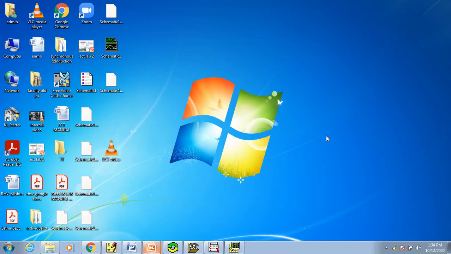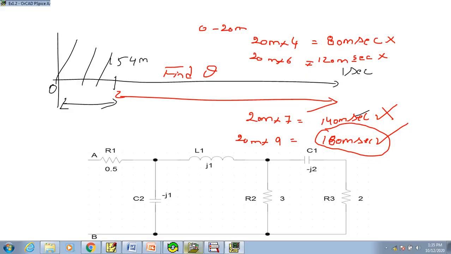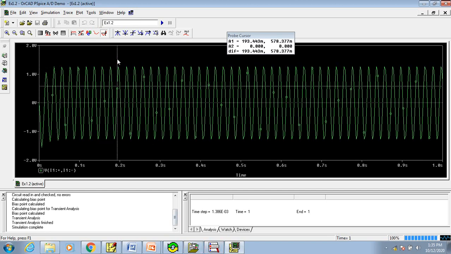Thus, I go to PSpice, and I have to select the time as 180 milliseconds. Doing that with your mouse is very difficult. You can see using my arrows I am trying to set it at exactly 180 milli, but it's approximately 180 milli, not accurate.